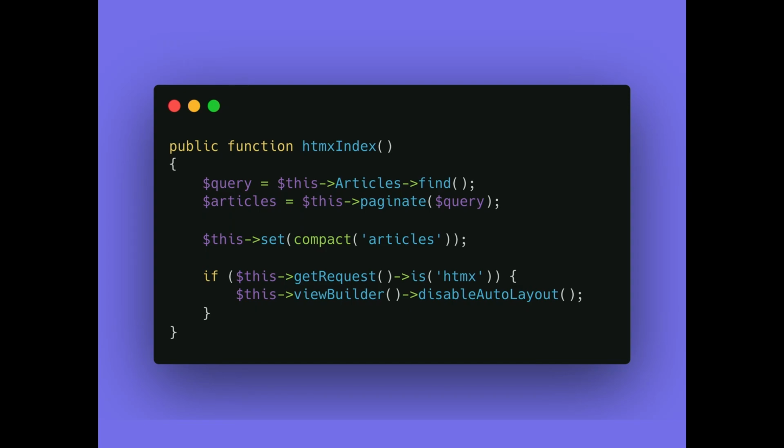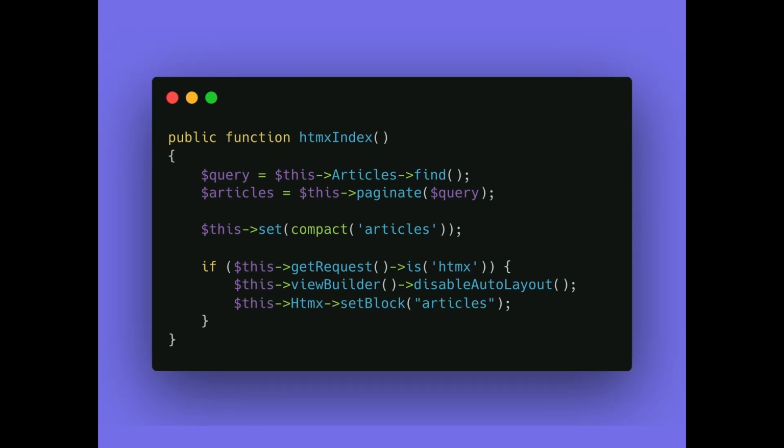So again, rather than check for the header directly, we now just use that detector. The other thing that the plugin proposes is using view blocks for managing what we display for various responses. I think this is pretty neat. If you're familiar with Rails and their Turbo